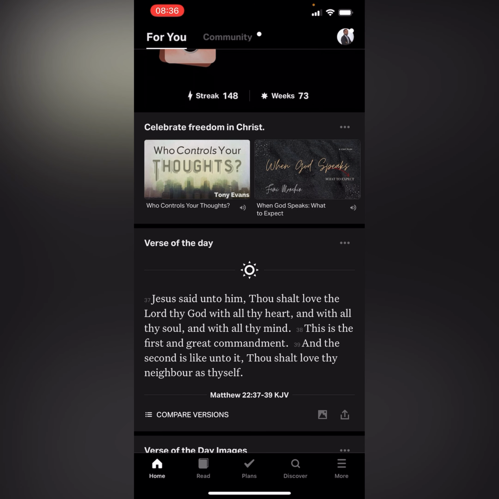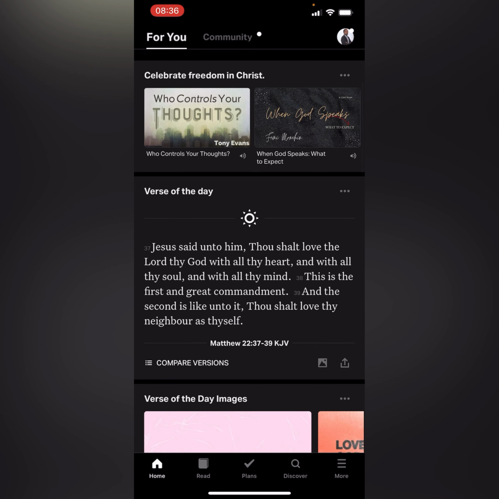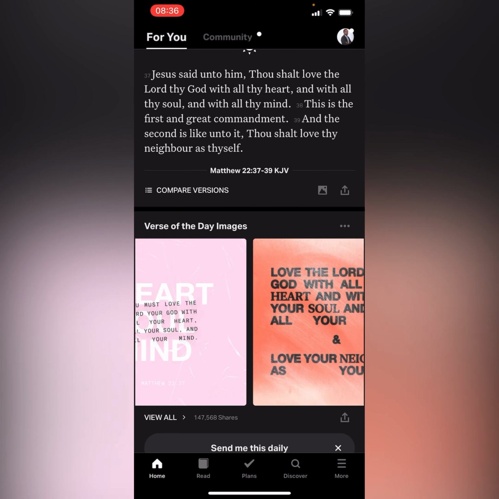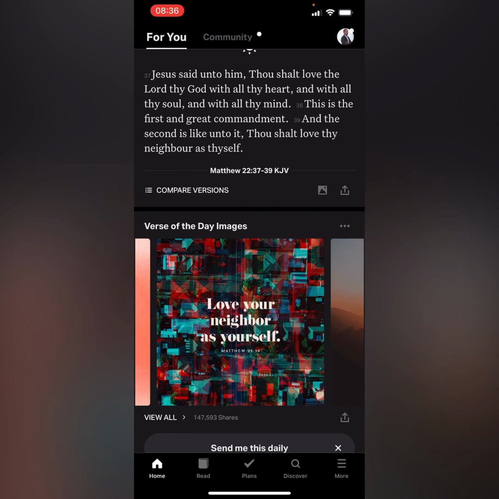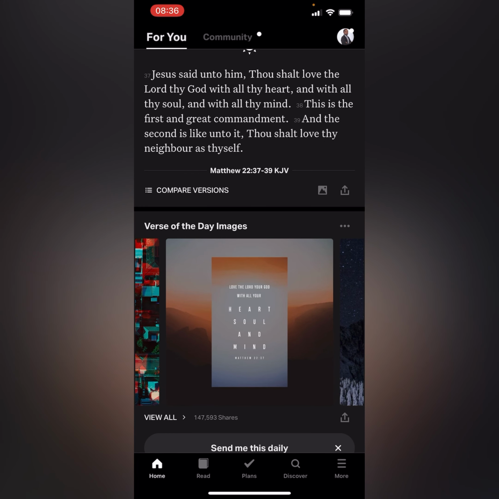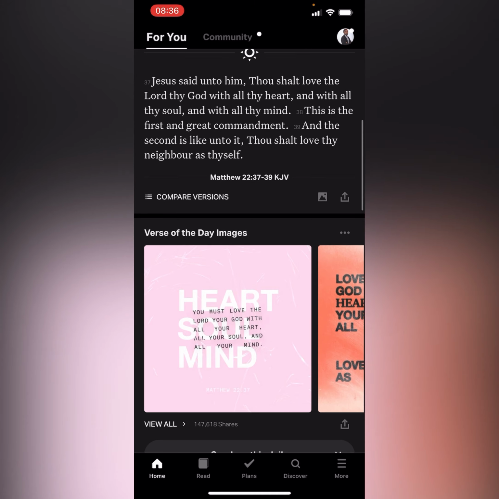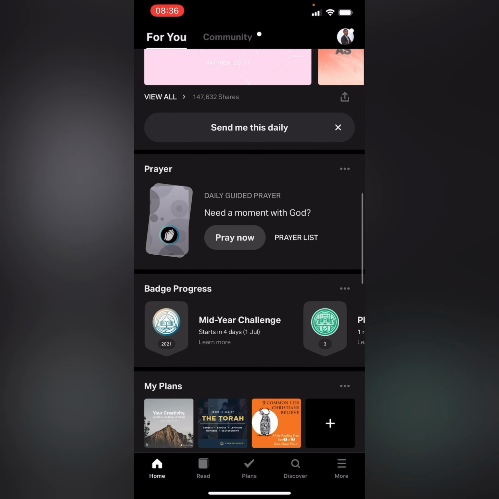Every day on the home page, you're going to see the verse for the day, which is Matthew 22:37 to 39. These are also graphic representations of the verse of the day. You scroll down, then on the app too, YouVersion has made available an opportunity for you to record prayers,